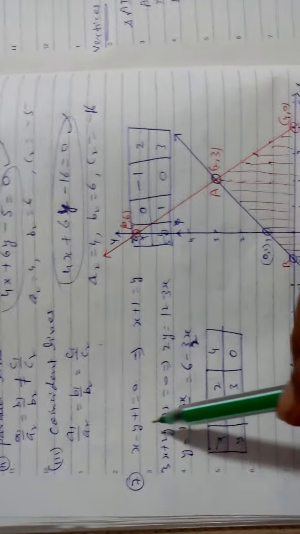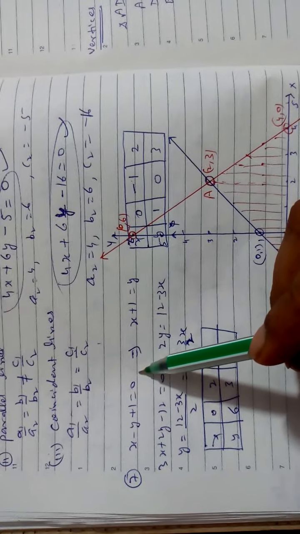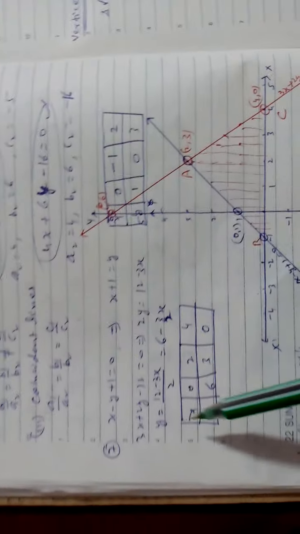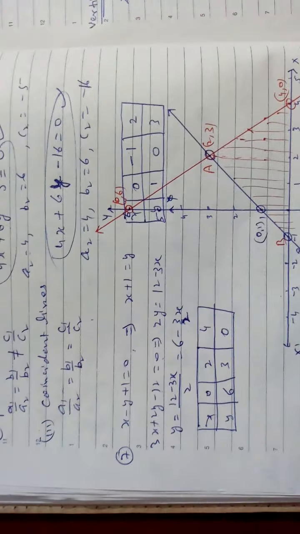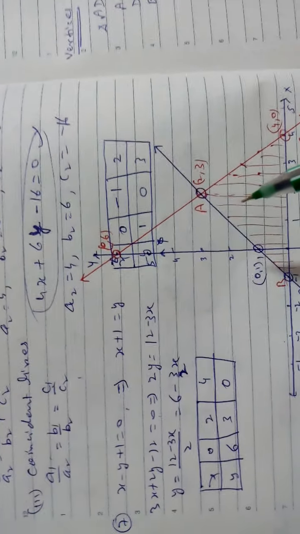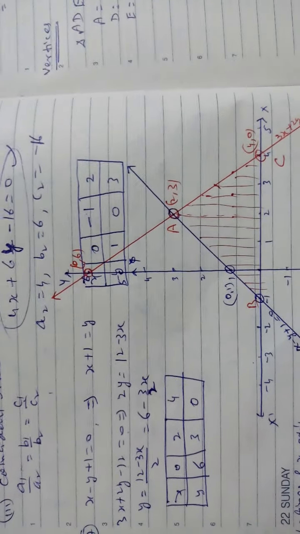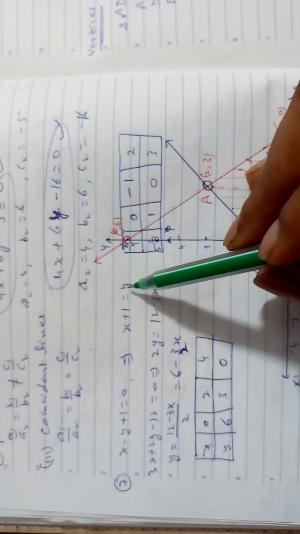Seventh question is given. Draw a graph. Question number 7 is given. Draw the graph of the equation x minus y plus 1 equal to 0 and 3x plus 2y minus 12 equal to 0. Two lines you draw. After drawing it, you find the vertices of the triangle formed between the lines and the x-axis, also shade the triangle. So first of all, for drawing, you take the process x plus 1 is equal to y.